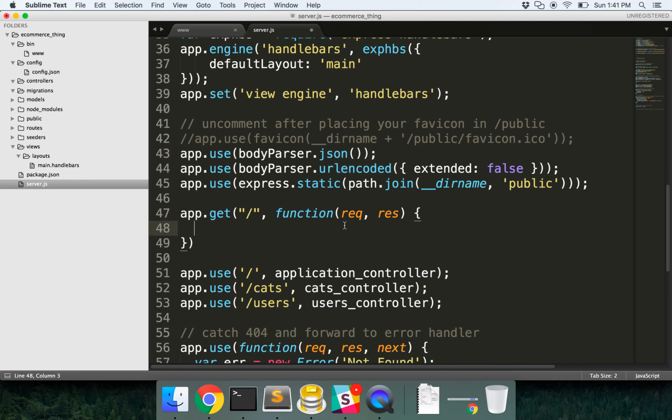But if you had a string that was sent in without using body parser, then you'd have to do some fancy JavaScript to take that information, extract it, and put it into something else. So body parser really helps with making things a lot easier. And if you want to read more on it, body parser has a whole bunch of documentation too. All right, so